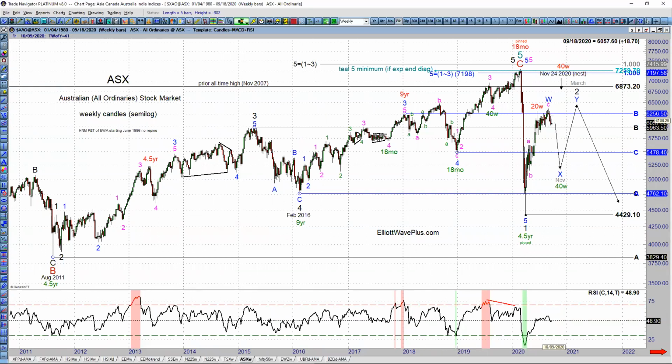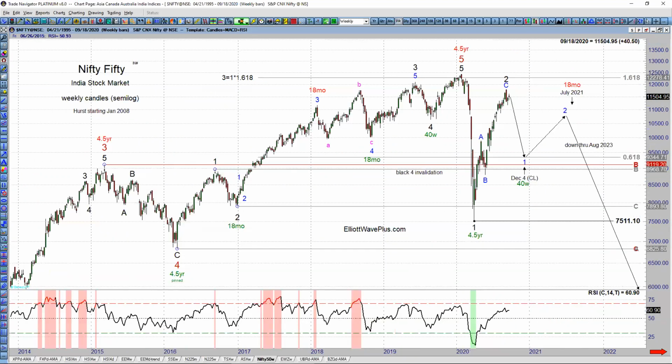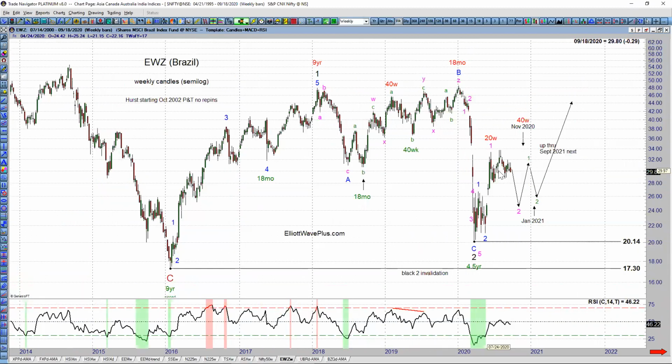ASX probably going to move down when we see copper, gold, and silver move to the downside through late in the year. A Nifty 50 moving down through late in the year. Same thing on Brazil. It looks particularly weak right now. Brazil, as a matter of fact, on the